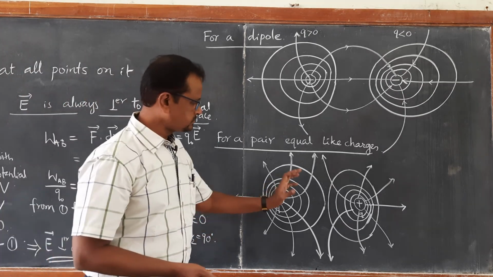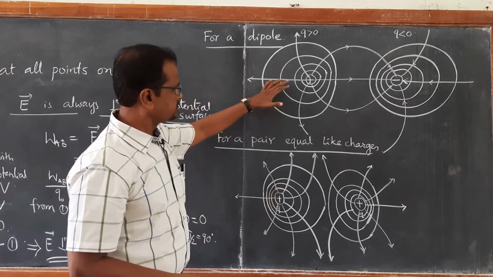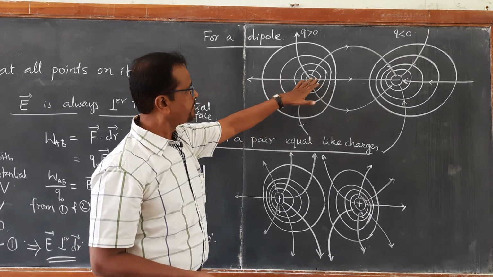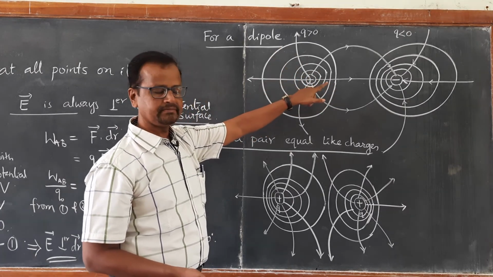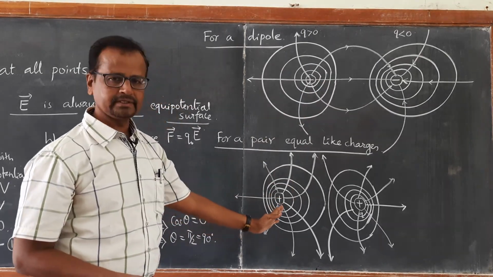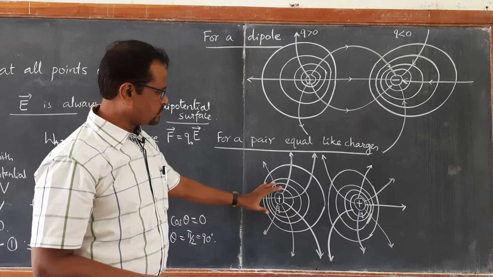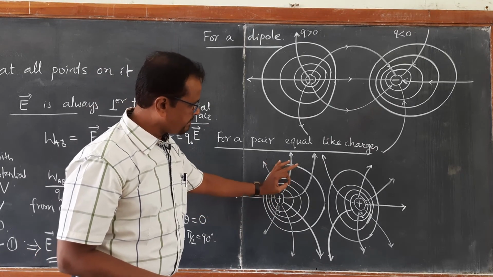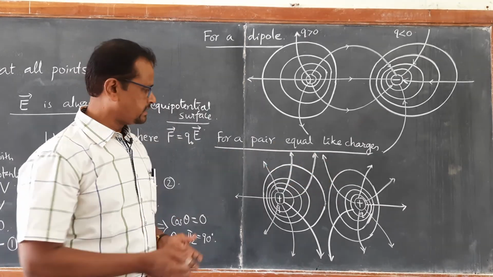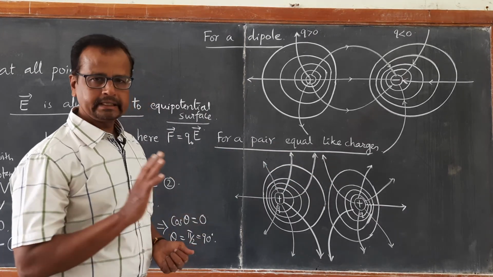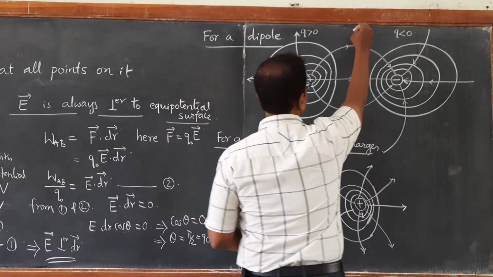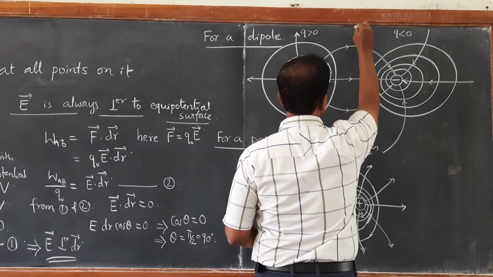So, the difference you can make out here is that there is a force of attraction when there is a pair of unlike charges, and a force of repulsion for like charges. Okay. So, at all the points, when you draw perpendicular lines, perpendicular curves, they represent the electric field lines. Now, here you can make out one more equipotential surface.